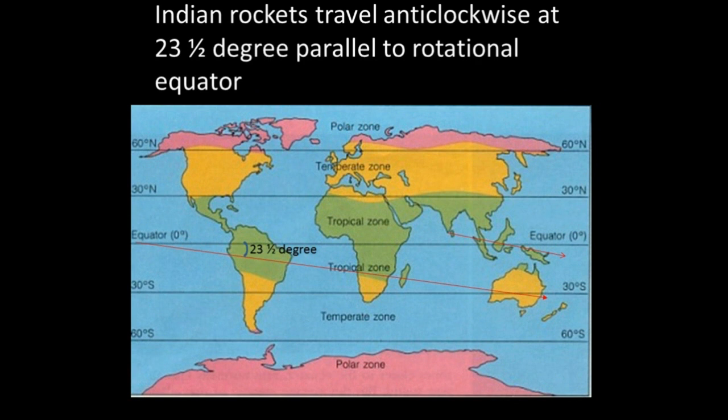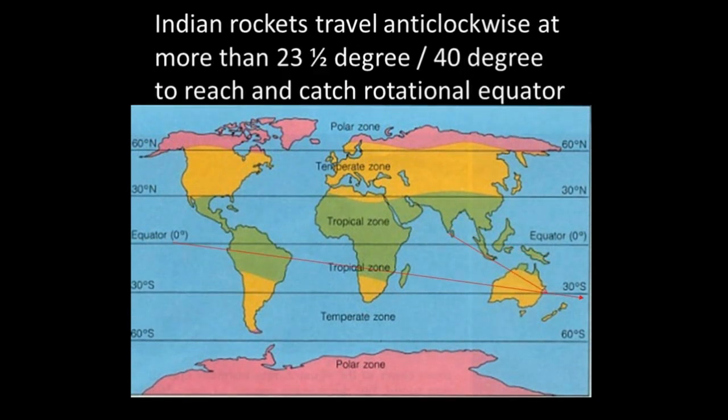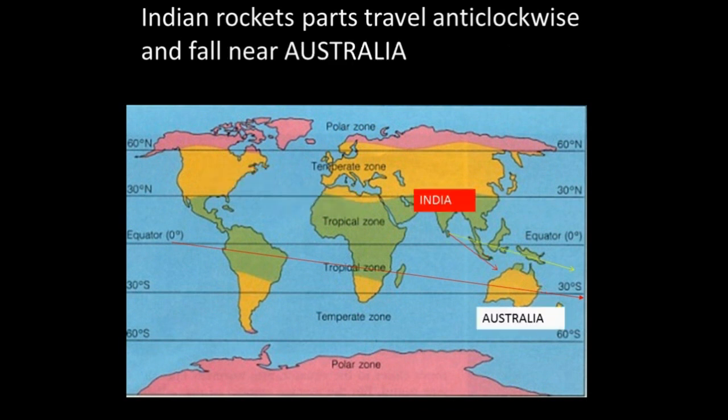So they can fly them at 23.5 degrees to the meridian, or they can make an angle. If they are originating in India, they can make more than 23 to catch up with the real rotational axis, which is at 23.5 degrees. But the objects from Russia can fall over the ground, from USA can fall in the sea, and from other countries they can fall. But from India, they can fall along Malaysia, Cambodia, and